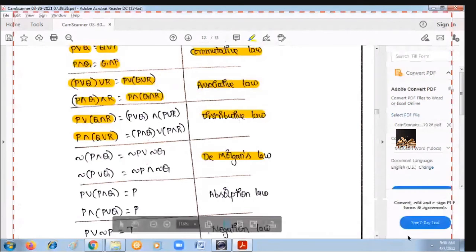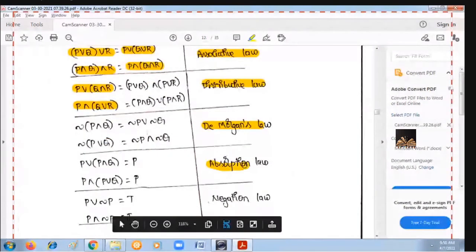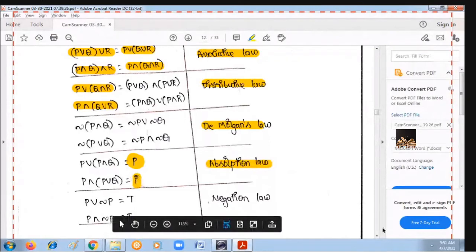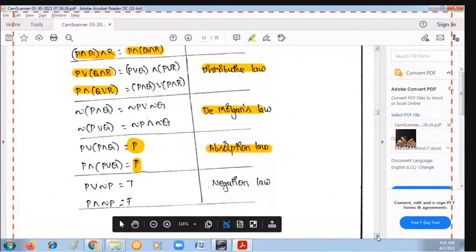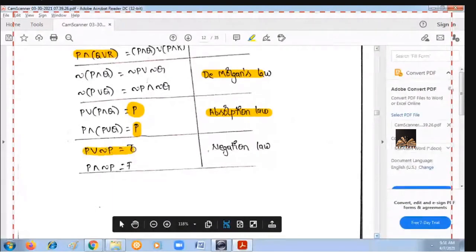And the next one is absorption law. P or P and Q is equal to P, and P and P or Q is also equal to P. And the last one is negation law. P or negation P is equal to true. That means here it is the or symbol. True or false equal to